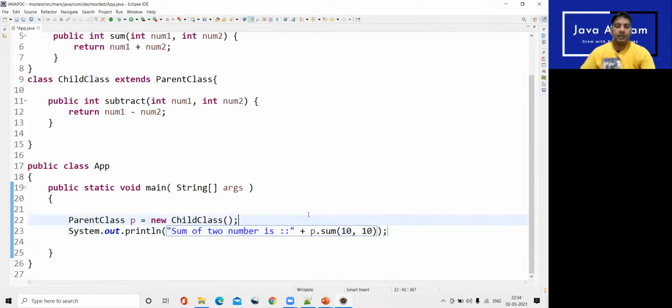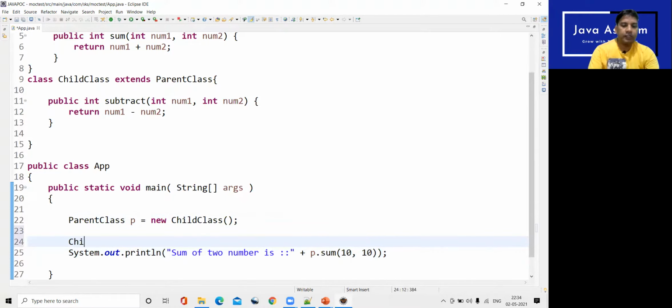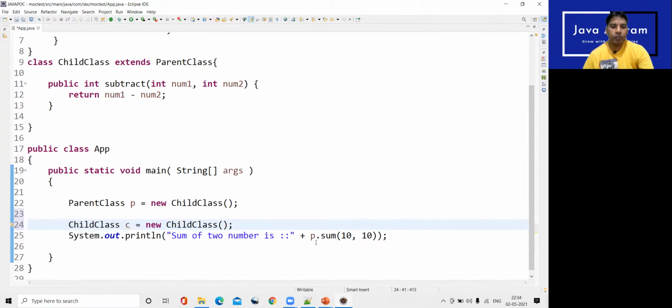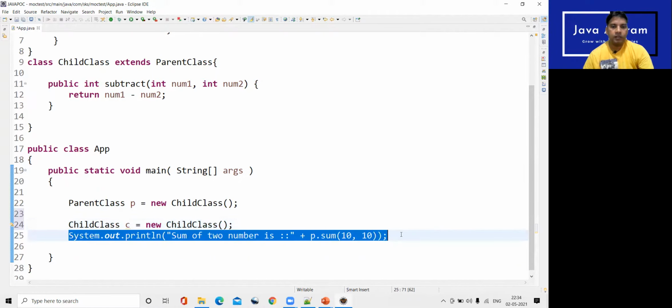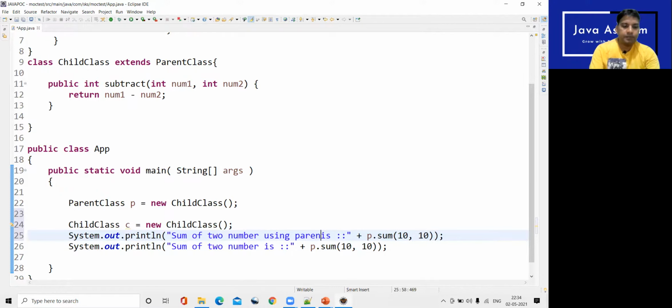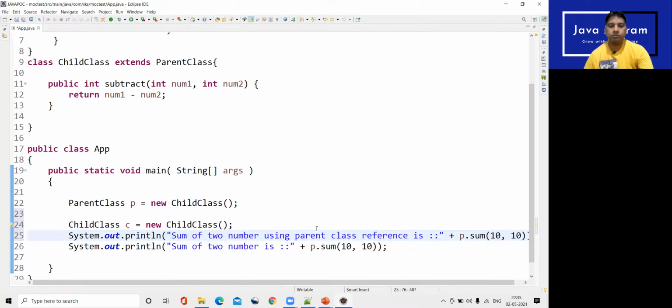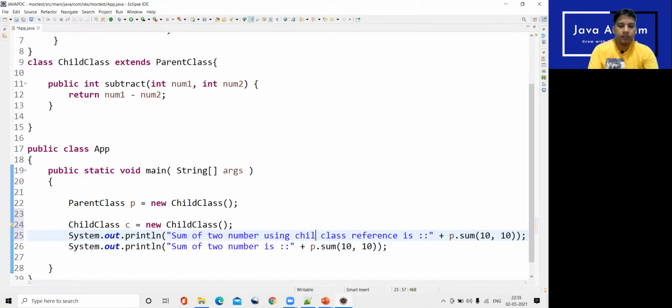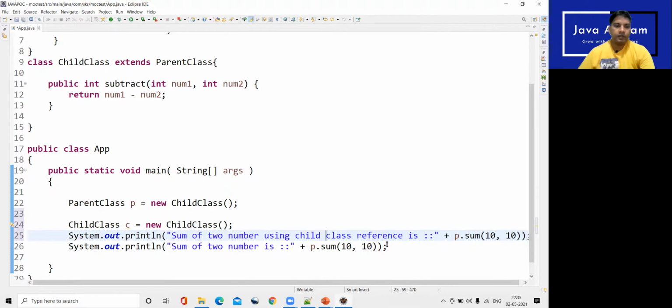But see the magic. If you are creating the child class, C is equal to new child class. Using this, you can call the parent method. Okay, and sum of two number using child class reference. And here C dot sum.